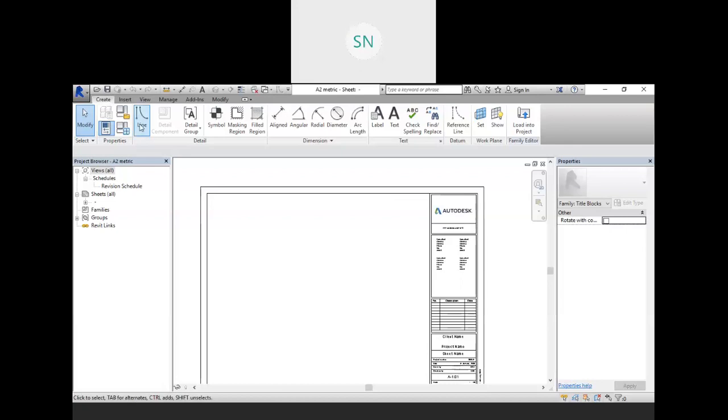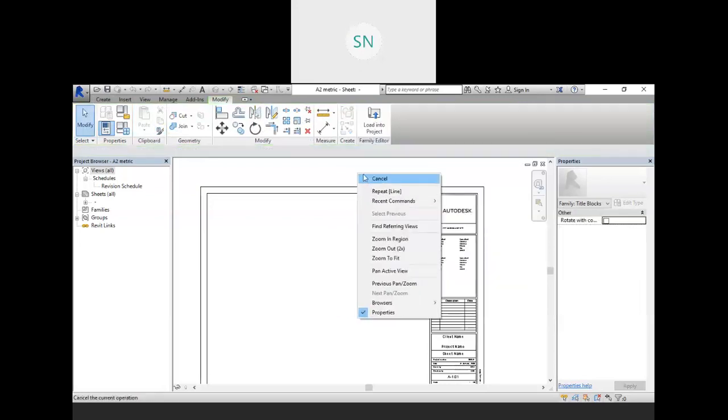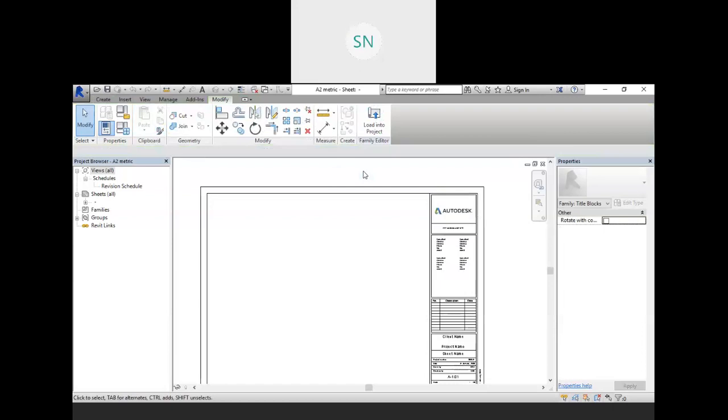You have line tool, these are the drawing tools we have. You can draw your objects, so it will take time, no doubt, but you have to do this only once. Then you can save your object or your library as a separate file, and you can use this.